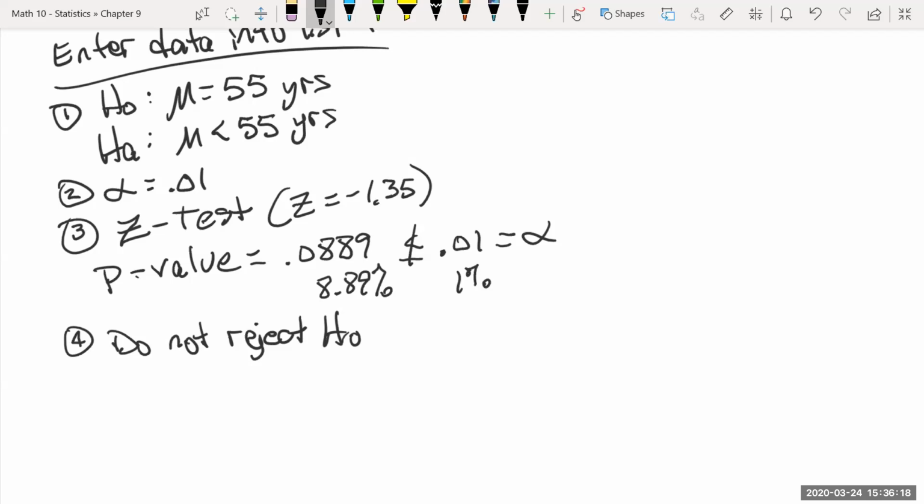Another way of looking at that is we have our level at 1%. Anything less than 1% chance of the null hypothesis being true, we're going to throw away. Well, we found out the chance of the null hypothesis being true is actually 8.89%. So we say, oh, that's not less than 1%. It's not rare enough. It may have happened just due to sampling error. We don't have strong enough evidence to say that mu actually is less than 55, it might just be sampling error. So since we didn't reject the null hypothesis, we have to say no, the data is not sufficient